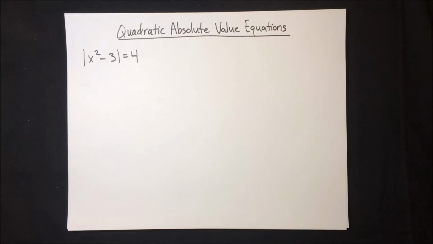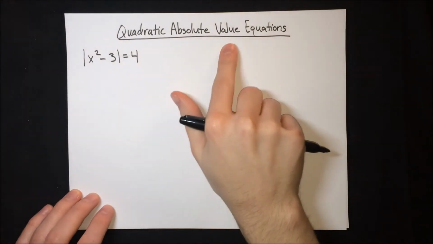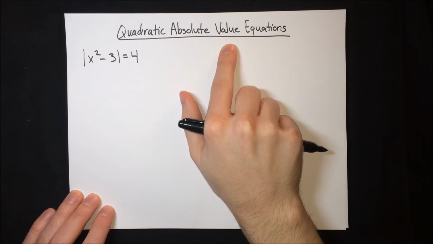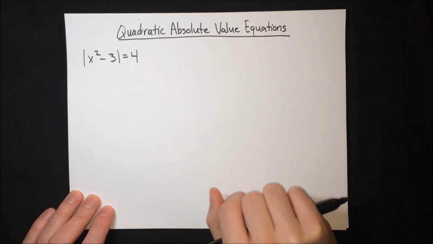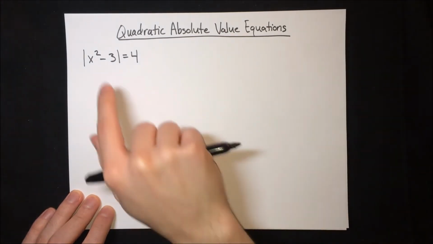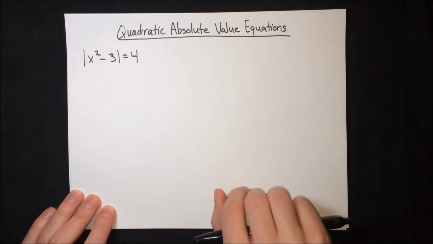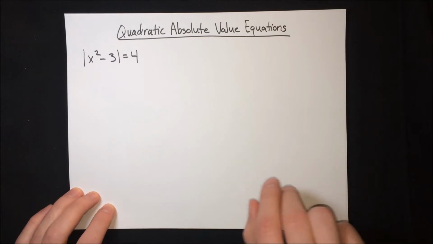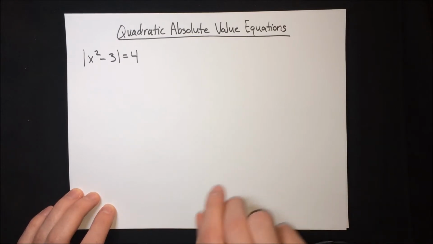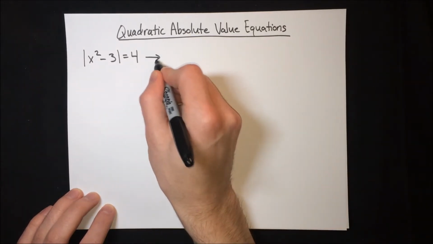In this video, I'm going to show you how to solve quadratic absolute value equations using algebra. The idea is very similar to solving linear absolute value equations. We'll just split the absolute value equation into two equations, each of which doesn't have any absolute value, and then we'll solve them individually. So to split it into two equations, we have to consider what can be inside of the